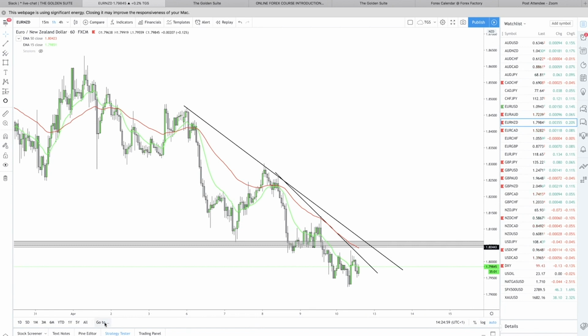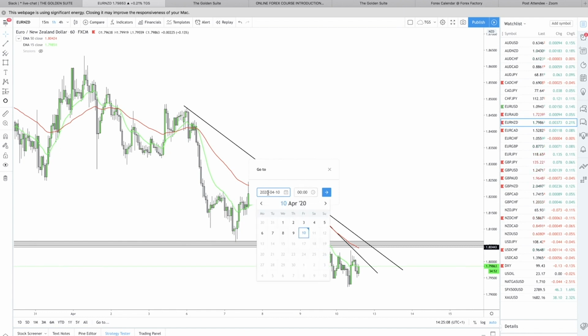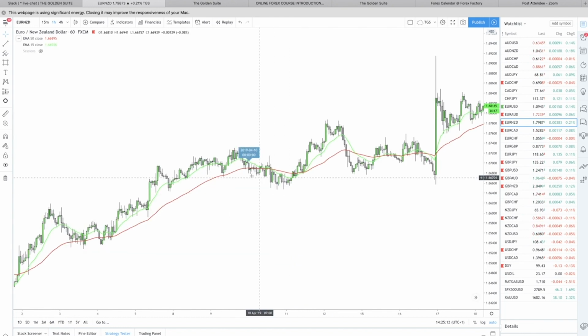So moving along, we've got go to. This is handy when you're back testing, so you can just type into the go to section here where you want to go. So literally you could type 2019, and away we go. So 10th of April 2019, boom, straight away. You could then use your replay feature, drop it there,